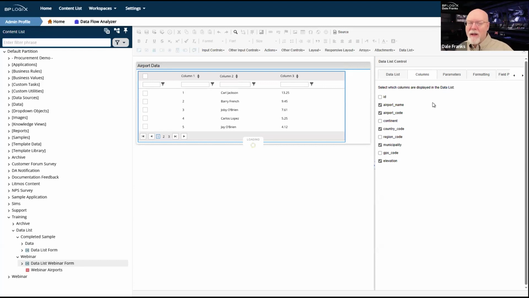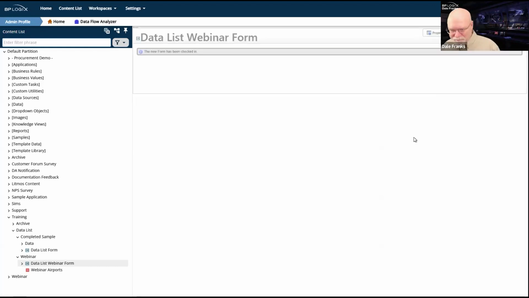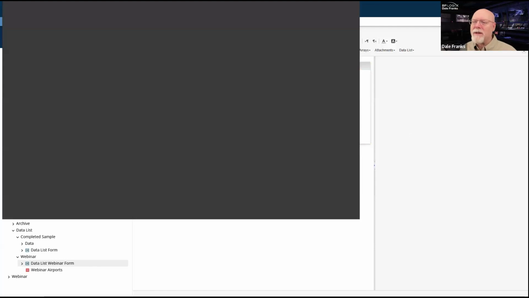I'm going to get into the fancier stuff a bit later. But I think we are pretty much done with our data list for now. There is a parameters tab. We are going to have to come back and discuss that parameters tab. You know, maybe I should discuss the formatting tab now, because this does look a little bit ugly. I'm not guaranteeing that what I'm about to do on the formatting tab is going to make it look less ugly, but it will certainly make it look different, because there are some built-in formats that we can set here.